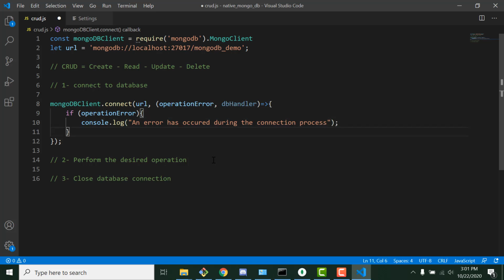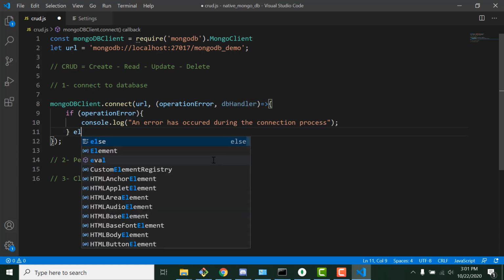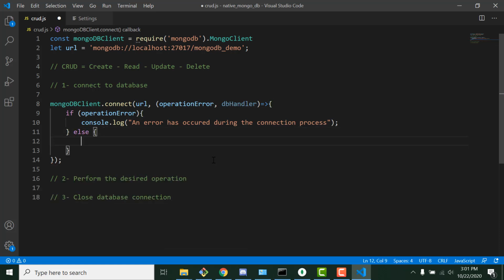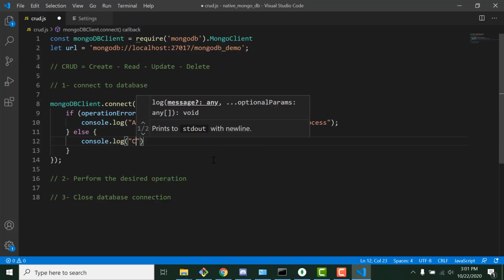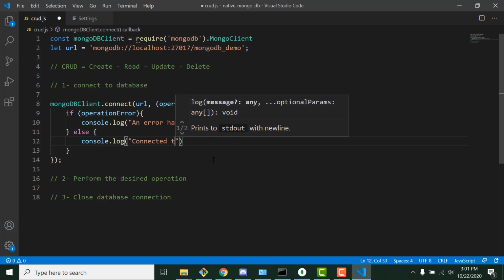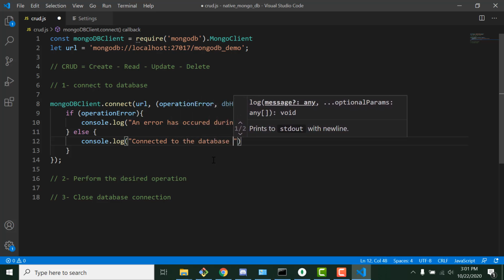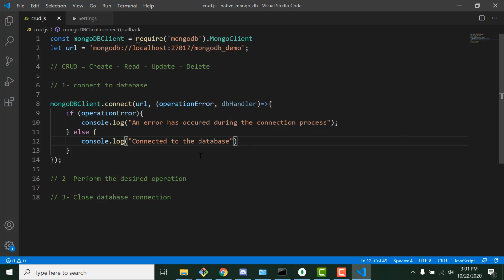So if there is no error, I would just say console log, then connected to database, right? Then what you should do, let me copy these two lines here and let's